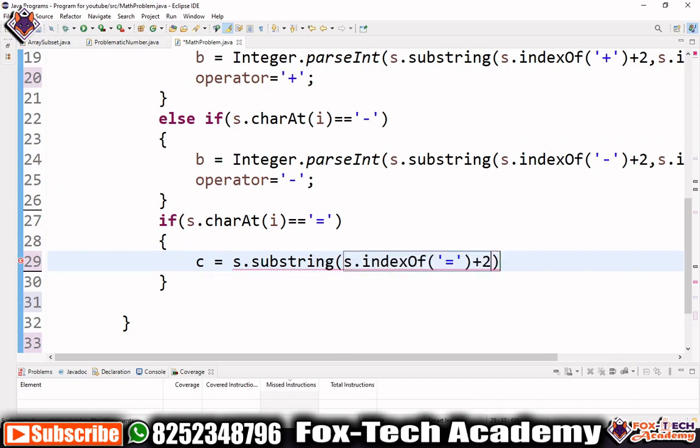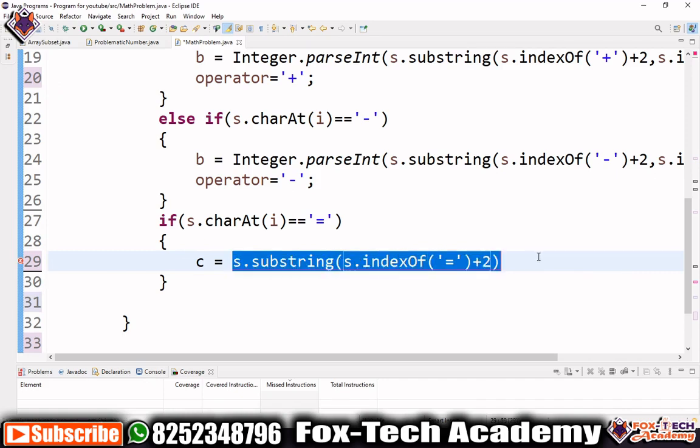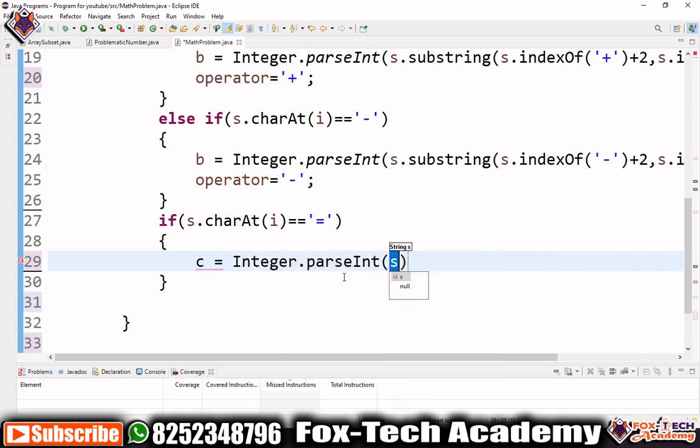This time we will put only one value, so that this will return the whole string after this index. So we have to convert this into an integer, so we will use Integer.parseInt, and we will put this string.